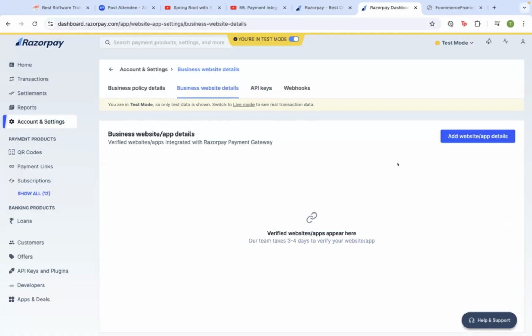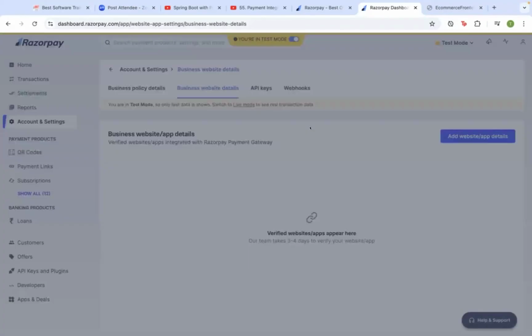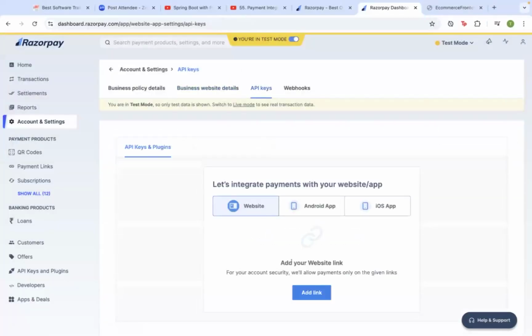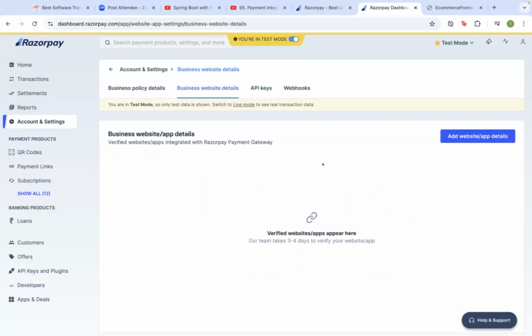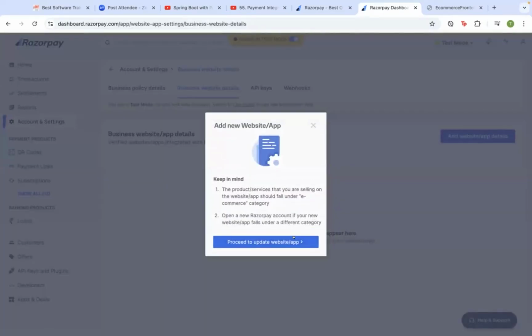Actually, it's a website. Localhost, no, no, right? Wait. Sorry. You don't need to do that. Just go to API keys. No, we need to do that. Okay, add link, and then I think we added the localhost website only. Click on add link, the localhost. Add, proceed to